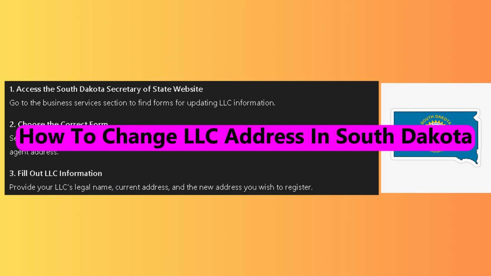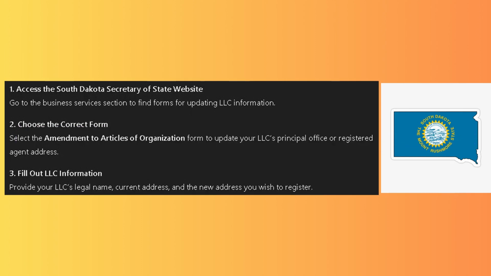In this video, you will learn how to change your LLC address in South Dakota. Access the South Dakota Secretary of State website. Go to the Business Service section to find the form for updating your LLC information. Choose the correct form. Select the Amendment to Article of Organization form to update your LLC's office and registered agent